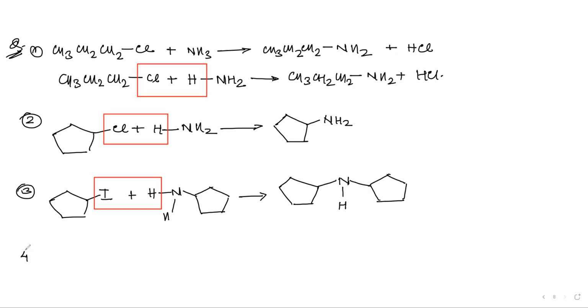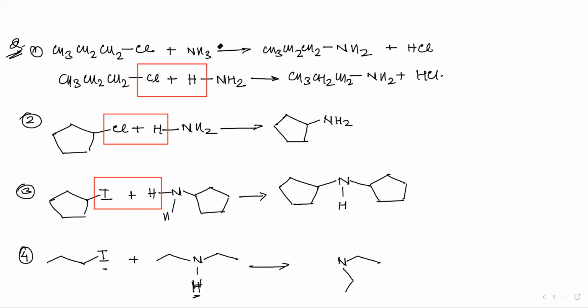Fine. Fourth one, you can write also. Let me take a simple example now. Iodine plus, let us take nitrogen like this, and a group here, that is two ethyl groups on the nitrogen and one of the hydrogens. Now you can see this hydrogen and this iodine will go, and the carbon which is containing the iodine will get attached to nitrogen, and you will get nitrogen having, and one more like this. Okay, so this is triethylamine. So you have three ethyl groups connected to nitrogen.